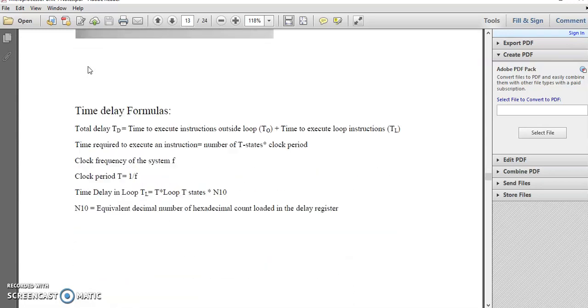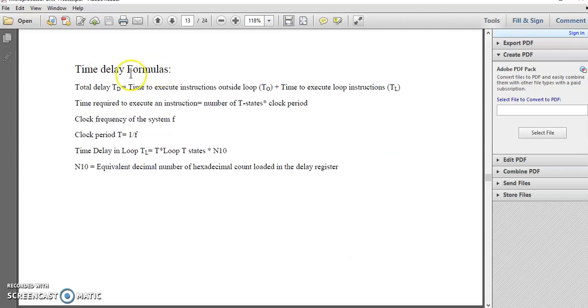So we have some formulas to calculate time delays introduced by a program. Now the total time delay of a program will be equal to the time to execute instructions outside the loop and the time to execute instructions inside the loop, the loop which is used to implement the time delay.